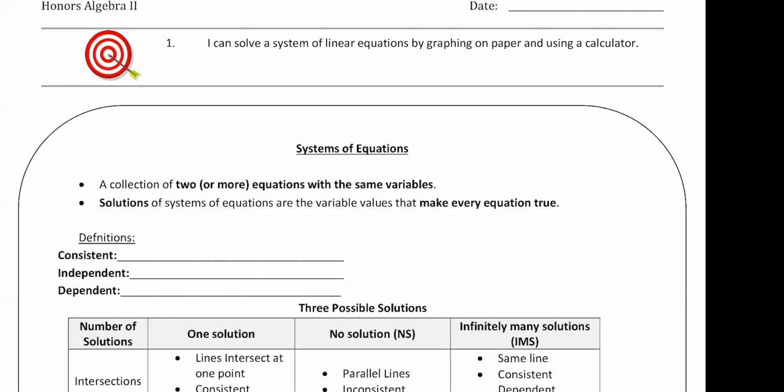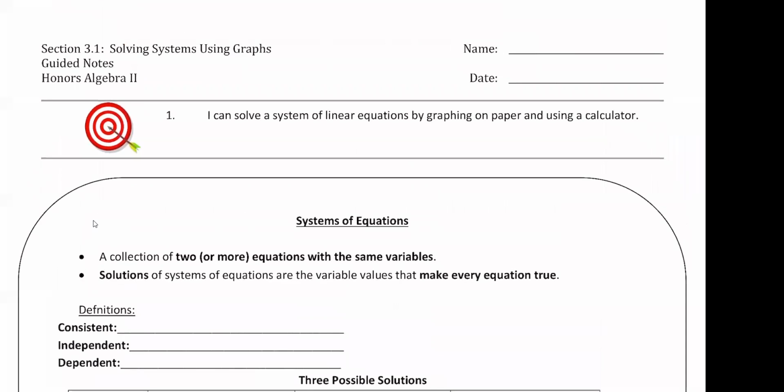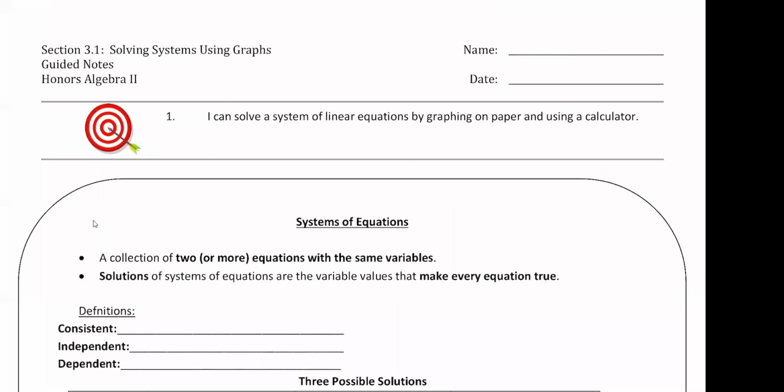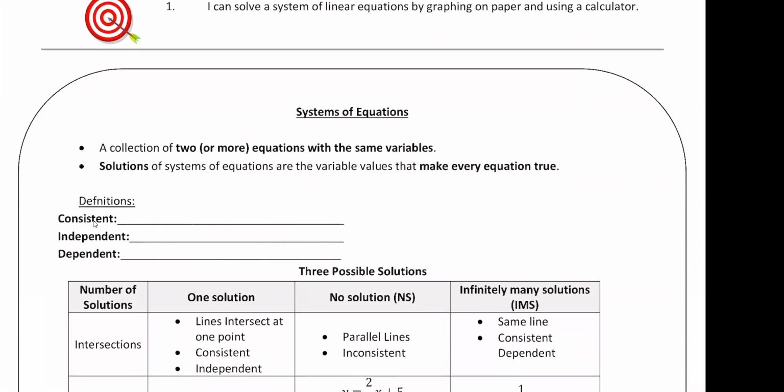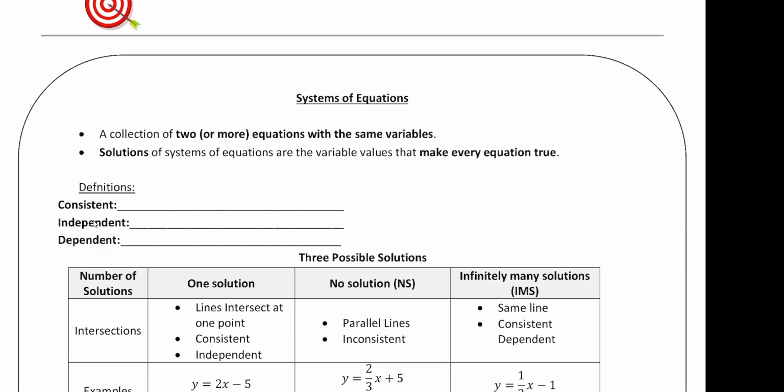All right, so we're looking at section 3.1 today, solving systems using graphs. Shouldn't be too bad, as long as you can graph lines. We're just going to graph lines and see if they cross. If they do cross, remember our solution is going to be that point of intersection. So that's our goal today, just to solve by graphing, but we're going to talk about some vocabulary or some